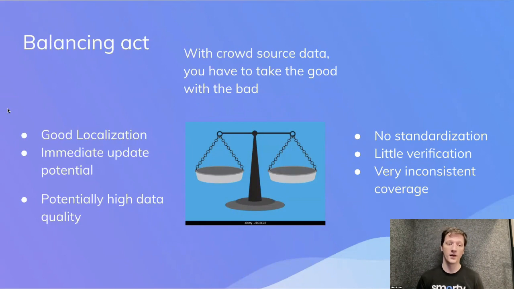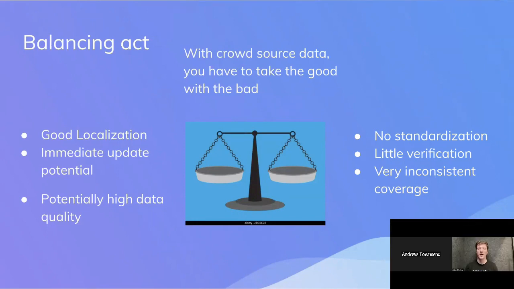If you use Smarty to come in and standardize all of the addresses within OpenStreetMaps, that is something you can do, and it can be done with pretty good efficiency. But at that point, why are you using OpenStreetMaps if you're already using an external verification service? You should just go fully in on that service instead of trying to worry about cleaning up